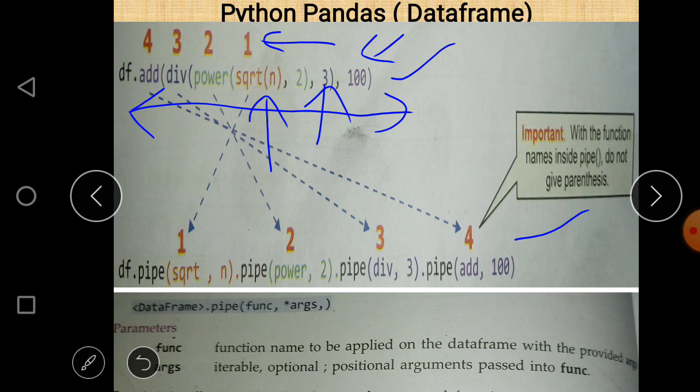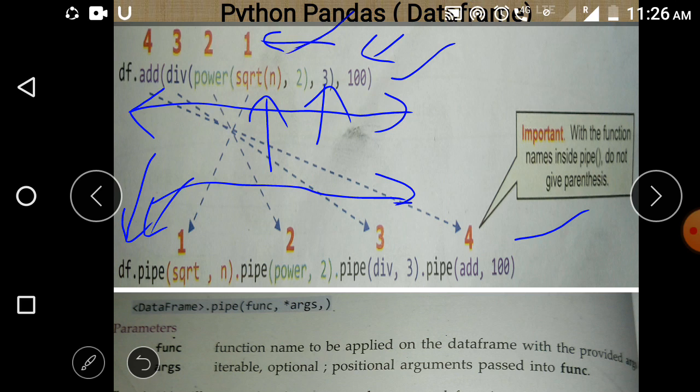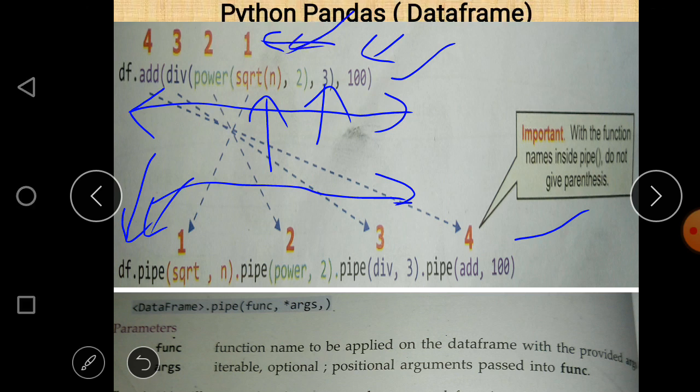But when we apply the pipe function in Python pandas, the syntax is written in terms of the pipe function this way. First of all, df is the name of the data frame, and then we apply the pipe function. As we know that sqrt is implemented first, we take sqrt first here.